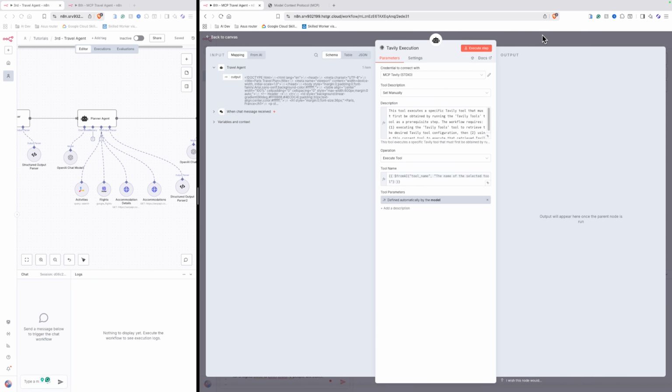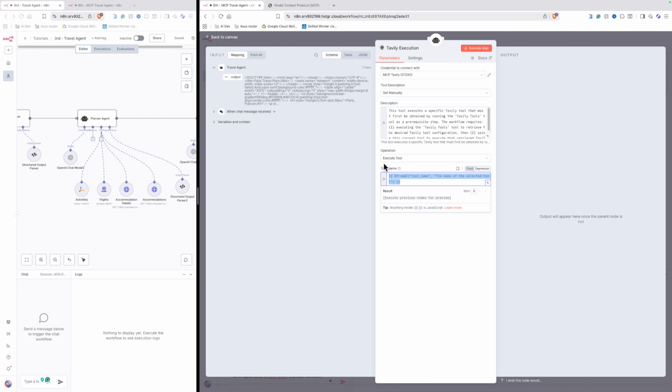The Tableau execution tool is basically allowing the agent to execute the appropriate tool after browsing the available executions. With this tool, for example, the agent knows that there is an action for searching ABC. Then it will perform the search on the query that it comes up with using the appropriate tool. As you can see, I have specified the tool name here, and the tool name comes from the browsing of